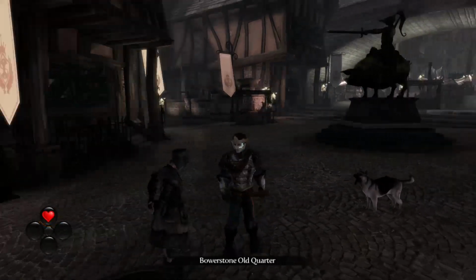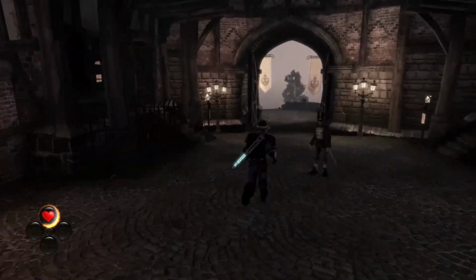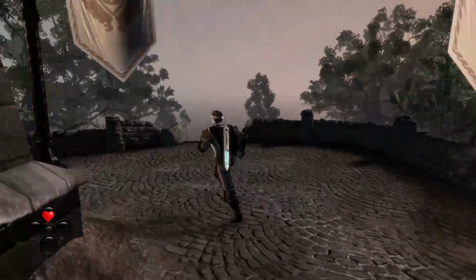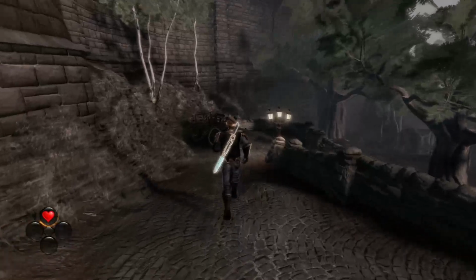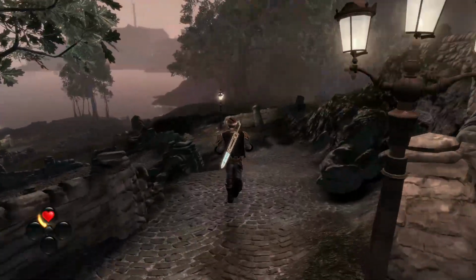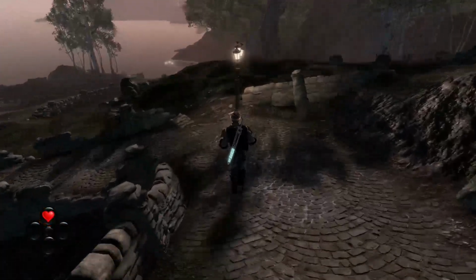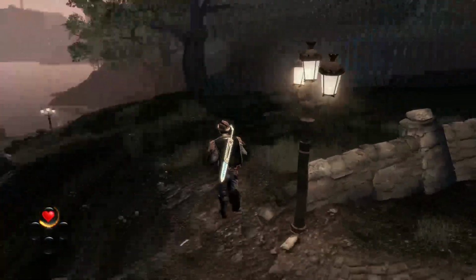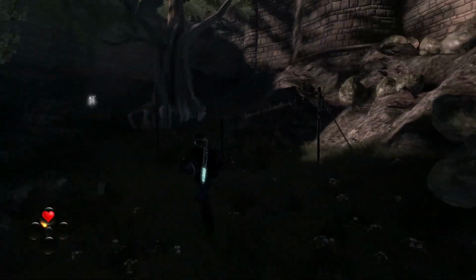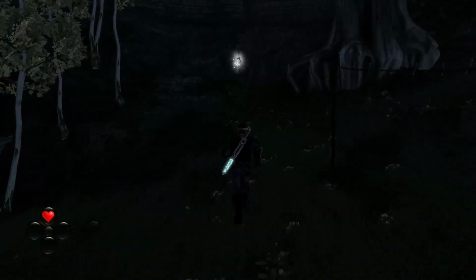Right, where were the keys? I usually restart every few weeks. Right, so firstly you want to leave Bowerstone Old Quarter and start running towards, well, just following the path, basically, running a bit further down, and when you get to the grass you want to come round back on yourself on the right here. So back this way. So you go back up towards Old Quarter, and then you got yourself a nice key